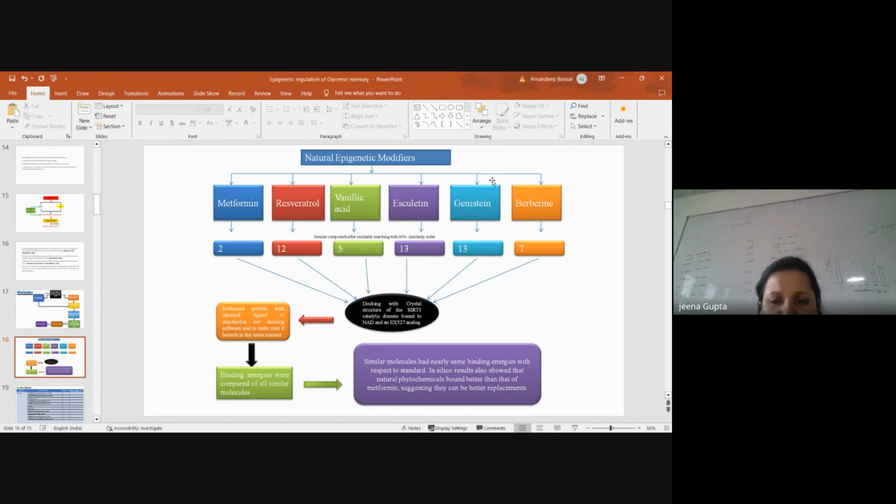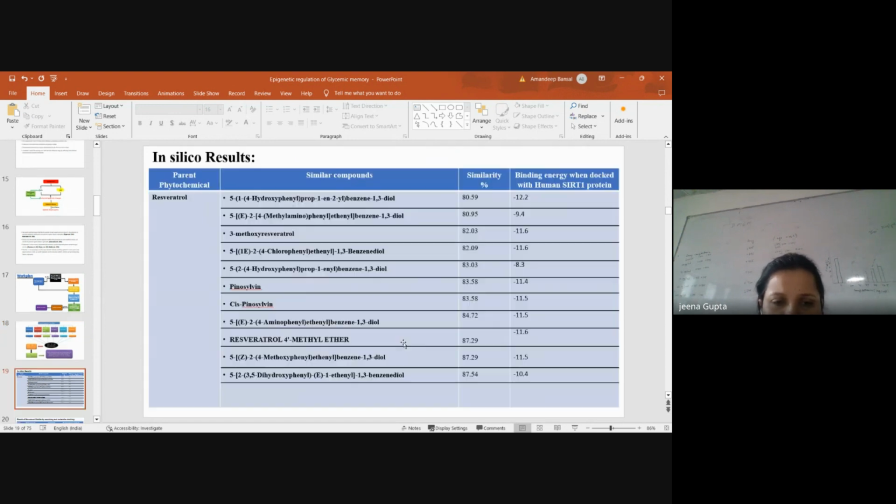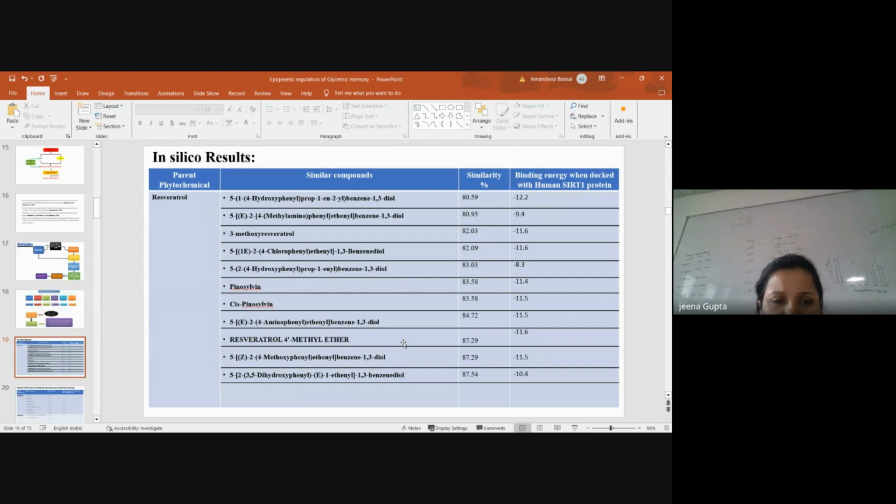Okay. Then we docked all these molecules with the SIRT1 catalytic domain, and we found the potential binding energies. We compared the binding energies, and we also compared their ADME profile. Then we found the molecules which are the potential drug candidates which we can evaluate in in vivo and in vitro studies. So with resveratrol, we found